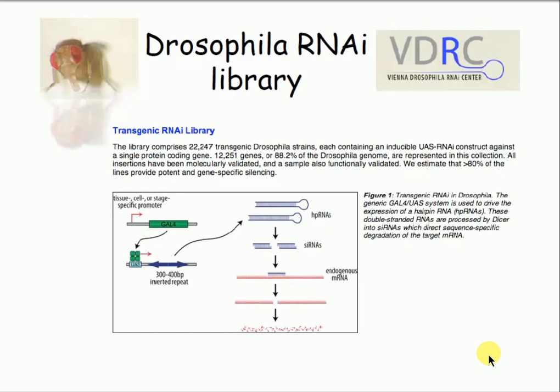And what they use is these siRNAs hooked up to a UAS promoter from yeast. And this is a promoter that is activated by Gal4. So we have one fly line that has the siRNA, and then we cross them to another line which has a tissue-specific promoter. For example, that expresses only in the muscle or only in the brain. And when we cross these flies together, we can study the knockdown in a specific tissue and see what the